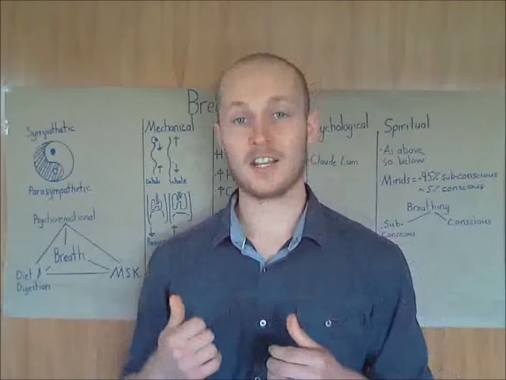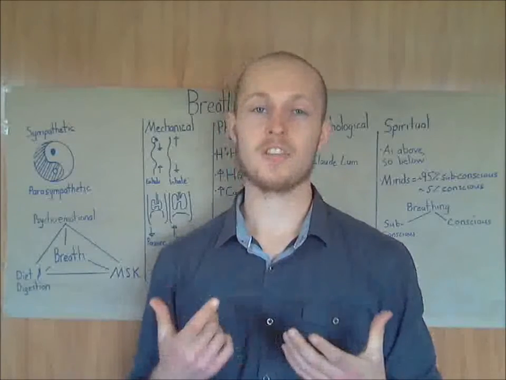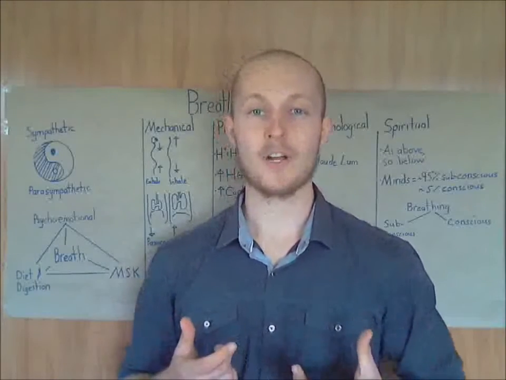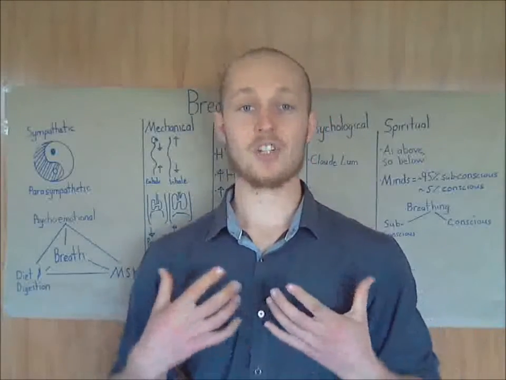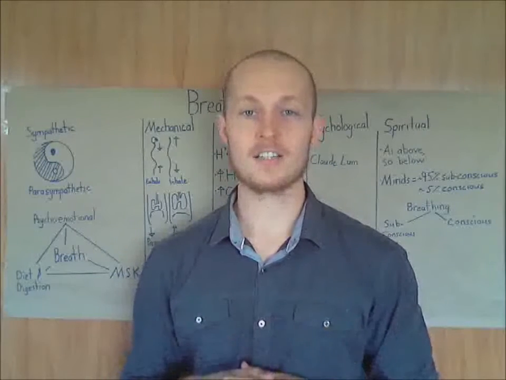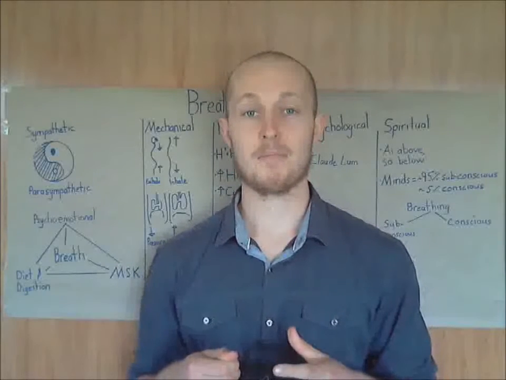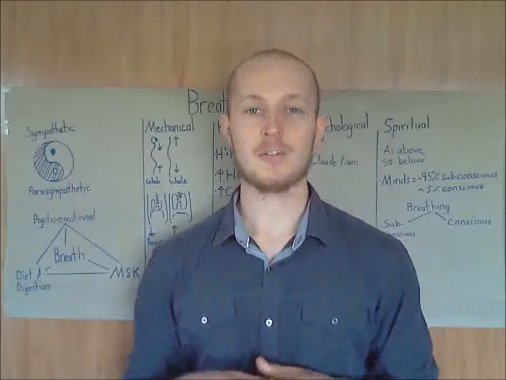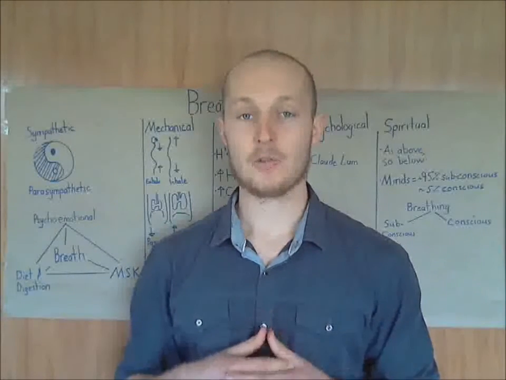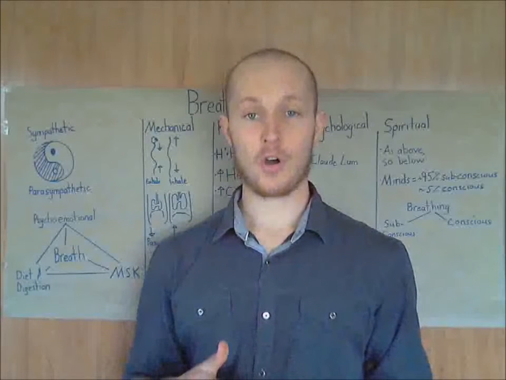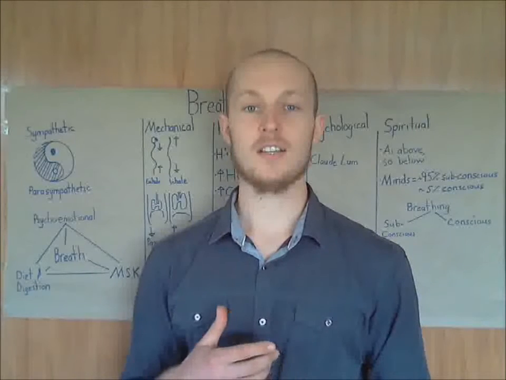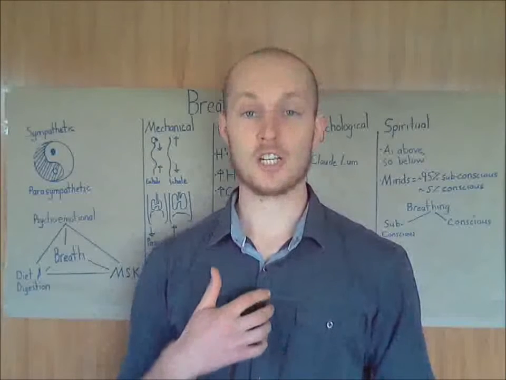We have sympathetic and parasympathetic. So sympathetic is your fight and flight mode, where we breathe in through the mouth and largely through the upper part of our chest, which is what we do when we're doing physical exercise. And parasympathetic breathing is when we're relaxing, rest and digest, breathing in through our nose. As we breathe in, the first 2/3 of the in-breath is all through our abdomen, and the last third includes our chest as well.